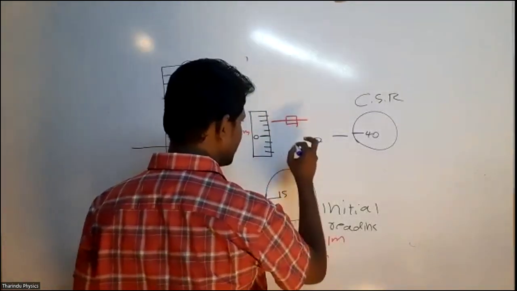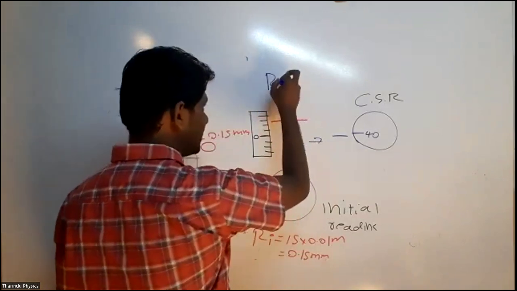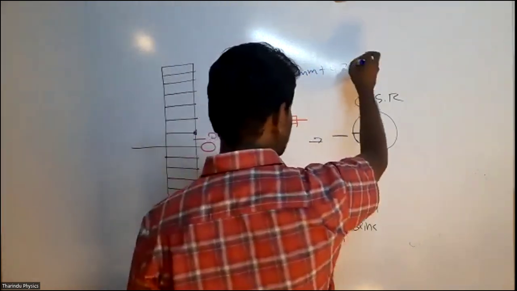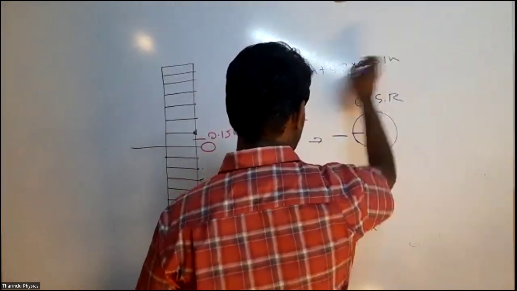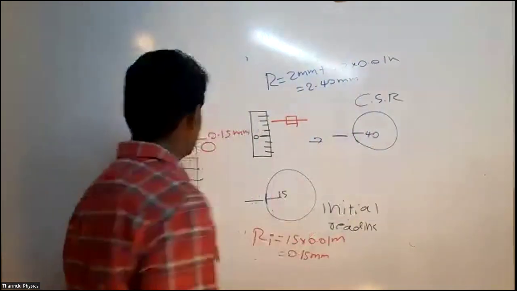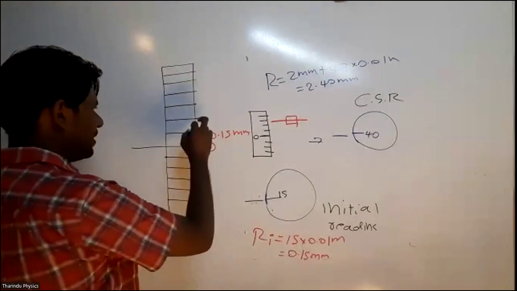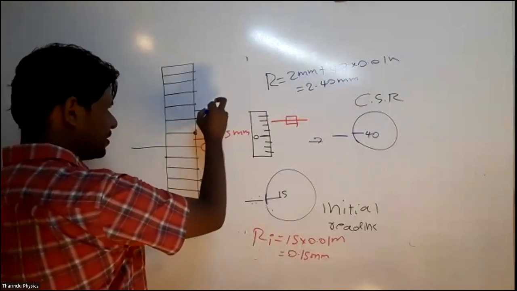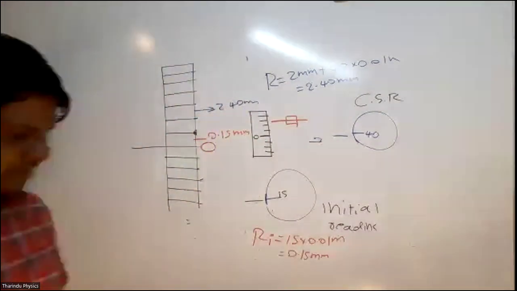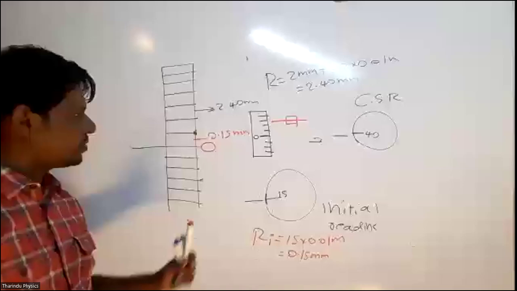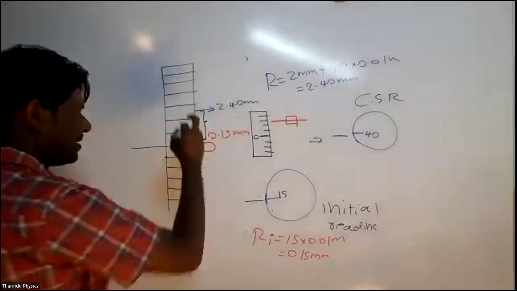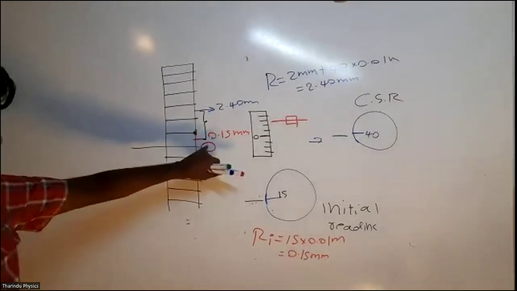Your final reading is what? Final reading is 2 millimeter plus 40 times 0.01 millimeter. So 2.40 millimeter. Okay, let me mark it 1, 2 here. Your reading is 2.40 millimeter. Now see the gap. The actual reading should be this gap. Isn't that? Actual reading is not